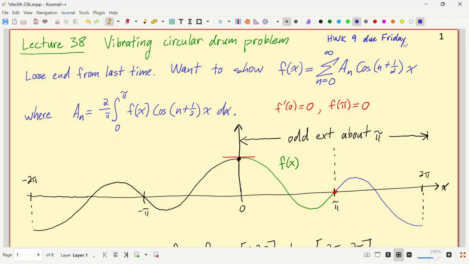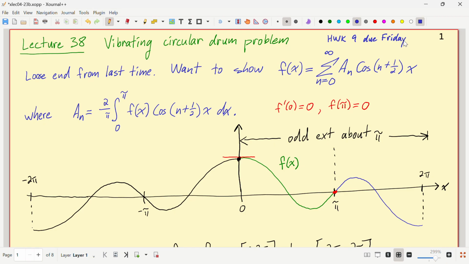Last time I told you, if you get desperate enough, you'll try anything. Well, I hadn't prepared this last few seconds of the exam, and I forgot exactly how you do this problem. So in my desperation, I suggested that maybe we would try extending the function f as an even extension on the right-hand side there. Well, that turns out not to work. I was wrong. I was desperate, but I was wrong. Now I sat around and thought about it more, and I remembered how to do it.